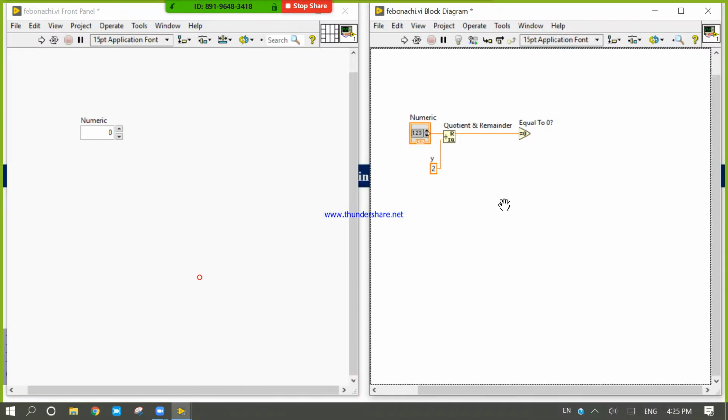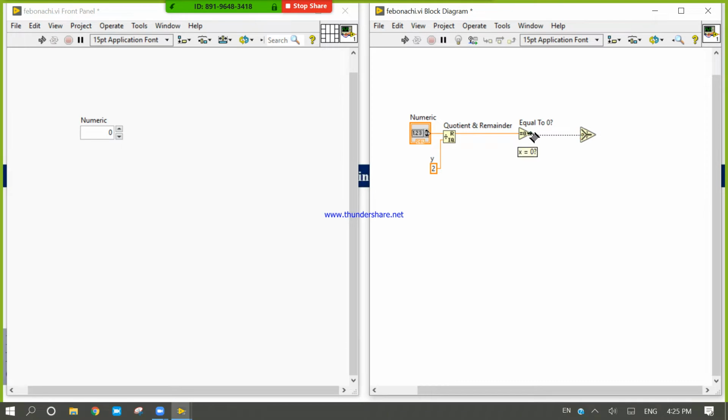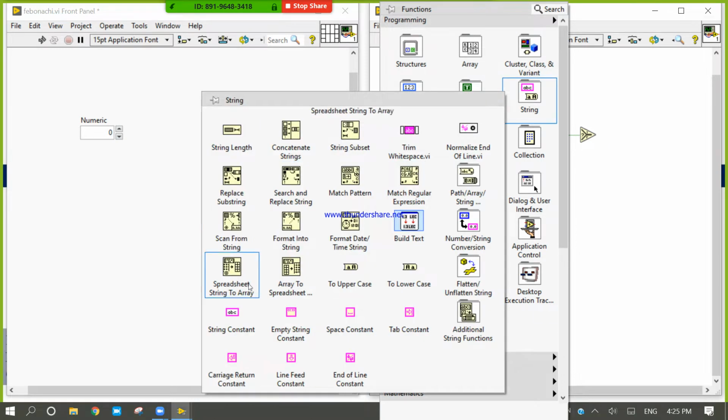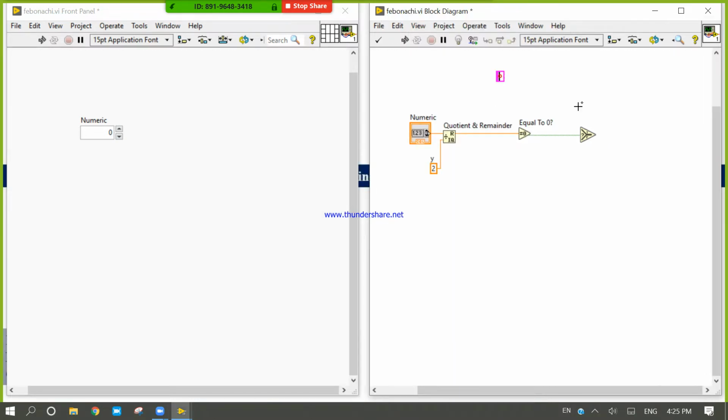Now right click, come to the comparison, select. Right click, come to the string.